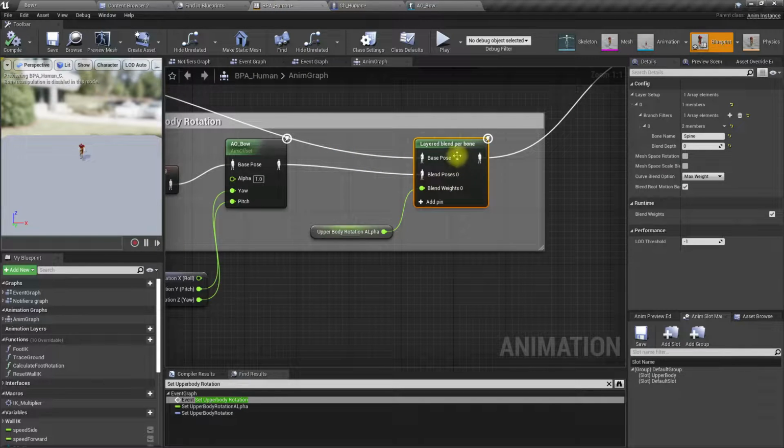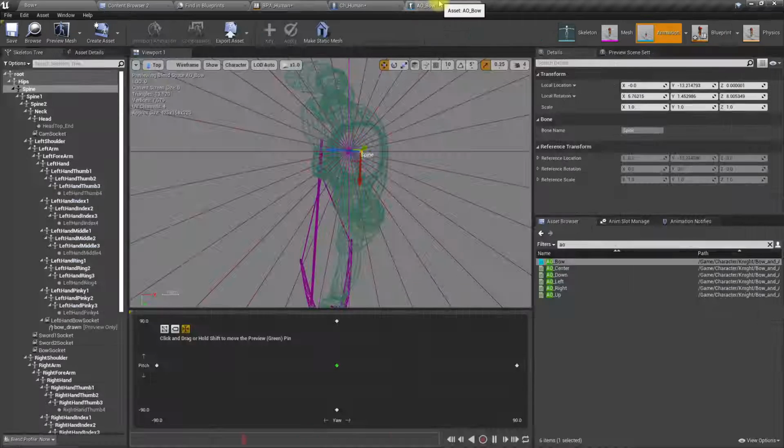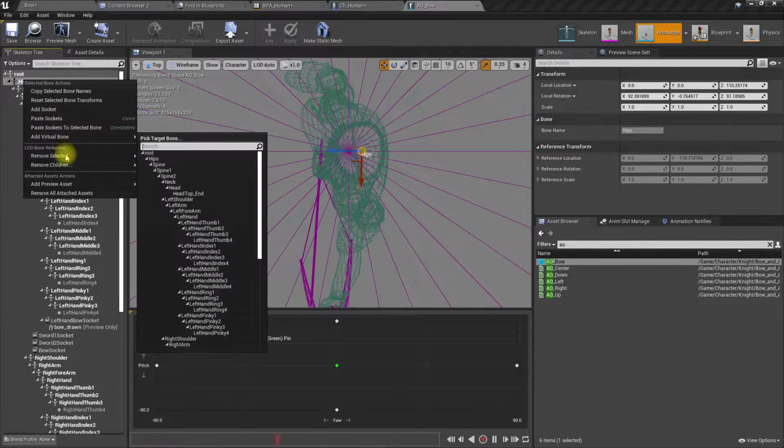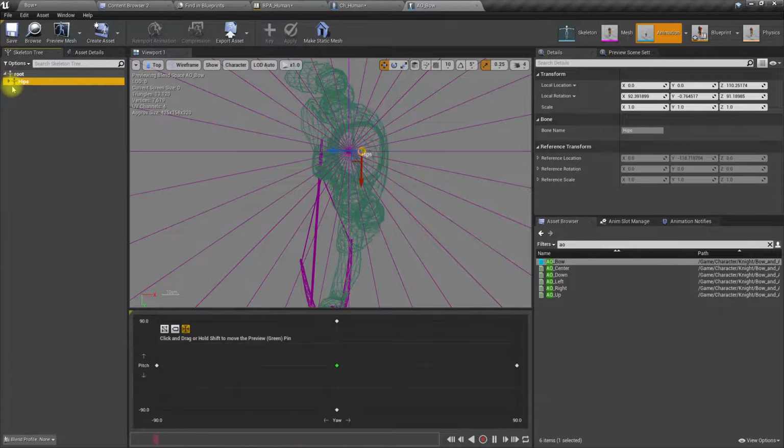So can we, instead of using the spine, what if we blend it from the hip? Would that have any other problems? Yeah, it can, because we can't use the hips because the legs is below the hips, so we wouldn't be able to move with leg animations if we blend the aim offset from the hips. So therefore what we can do,